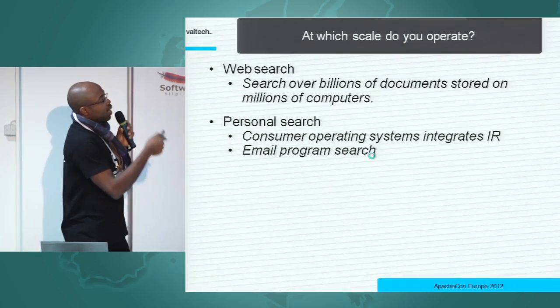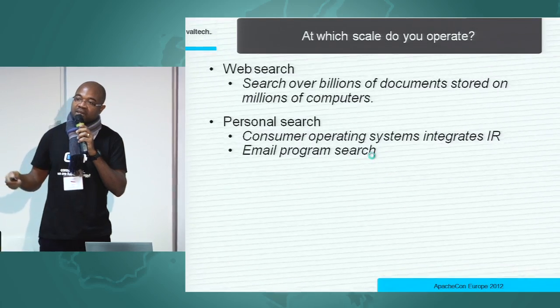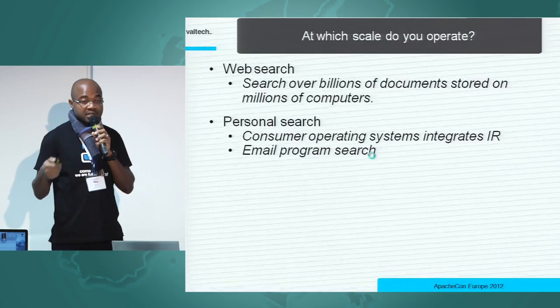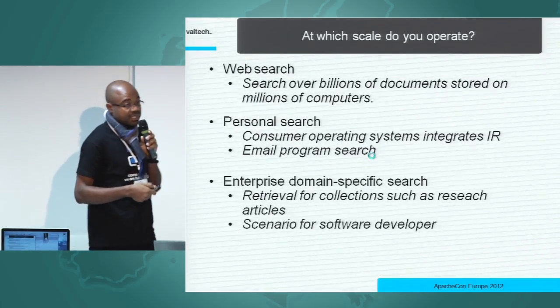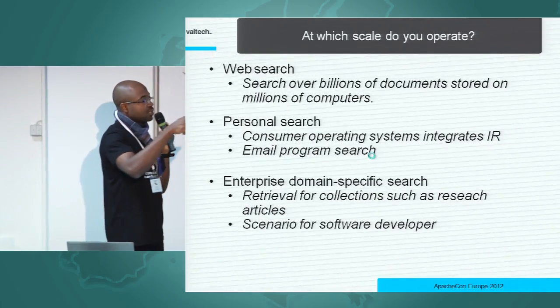On the other extreme, you have the personal search. Today, computer operating systems integrate information retrieval. You have Windows instant search, for example. Your email program search is a personal search. And in between, you have the enterprise domain-specific search, where you build retrieval for collections such as research